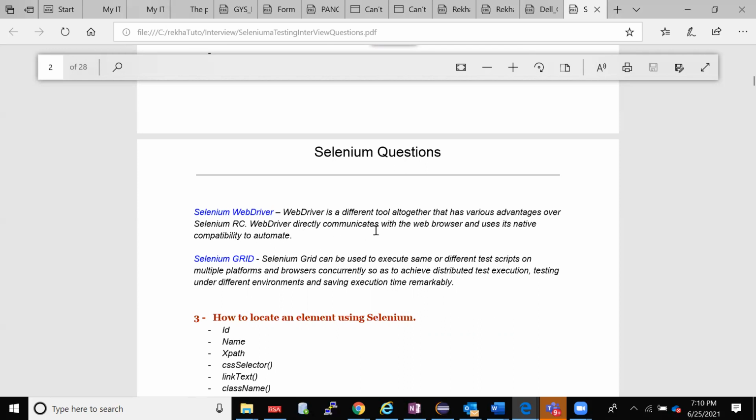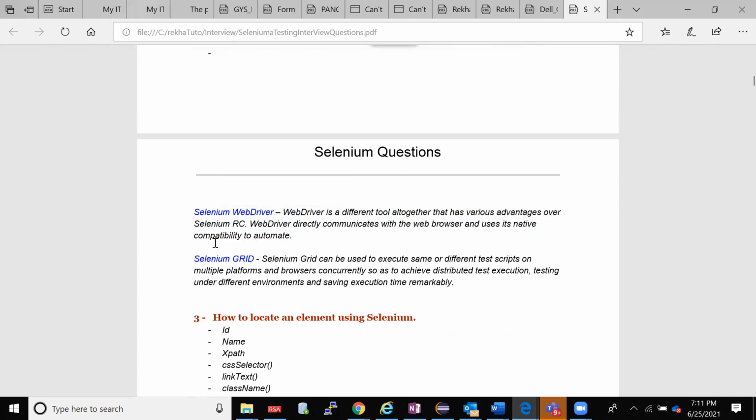So WebDriver directly communicates with the web browser and uses its native compatibility to automate. The main advantage is that WebDriver directly communicates with the web browser. This you are supposed to tell. This is the main one-liner.